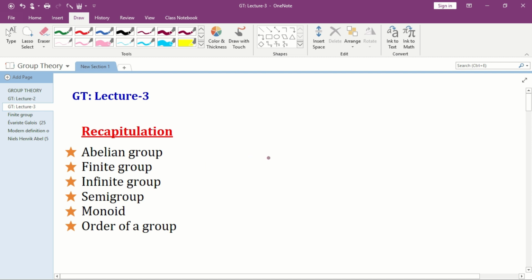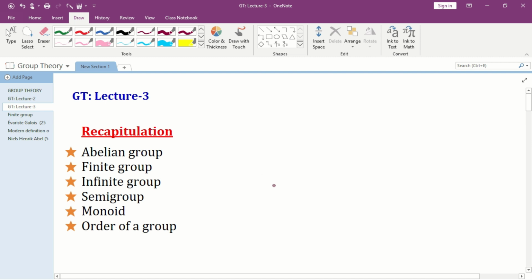The definition of a group raises some fundamental questions. We know that every group has an identity element. And the first question is, does it have more than one identity element? And also we know that every element in a group G has an inverse. Again, the second question is, does every element have more than one inverse?